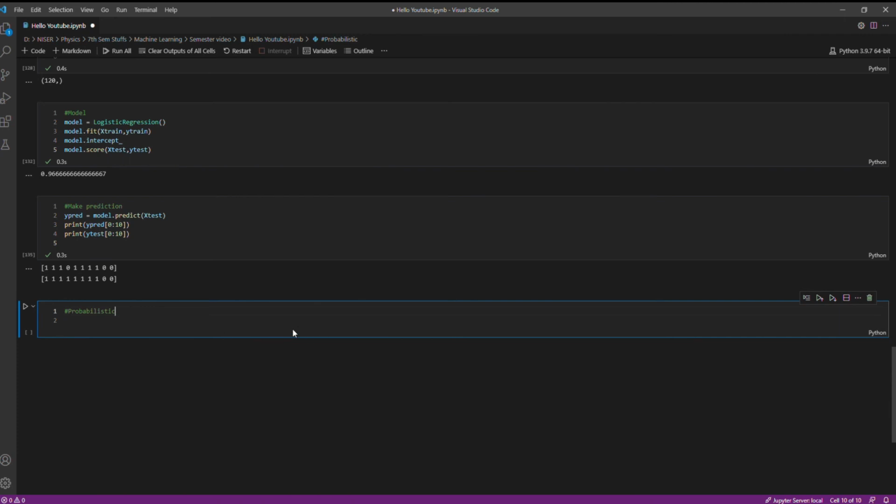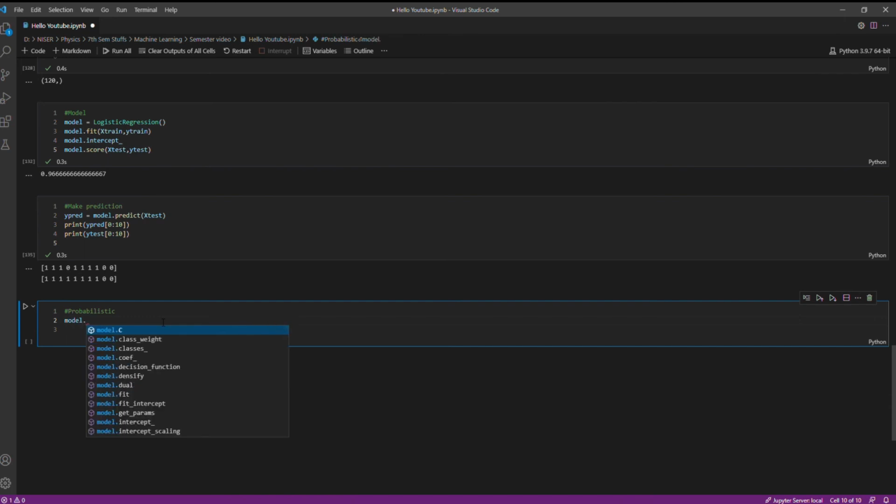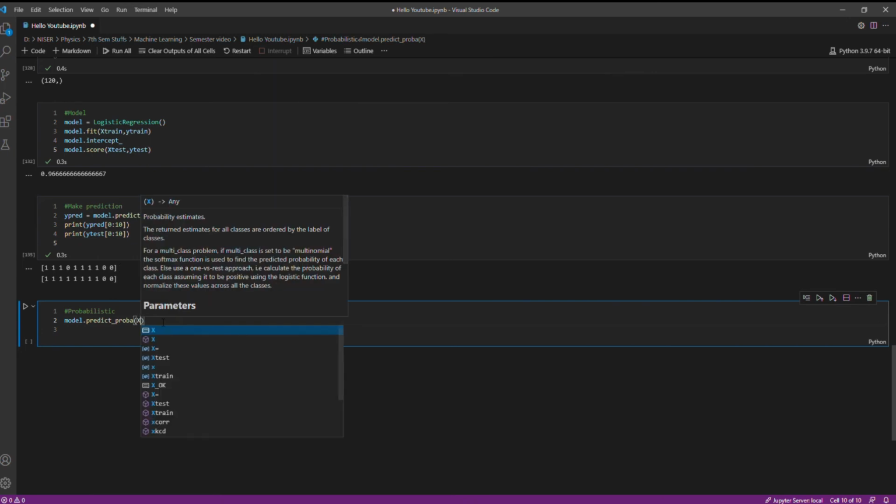So my friend explained that this logistic regression is a probabilistic kind. So let us see what is the probabilistic here. So we can actually see the probability using this function, predict proba on x test.